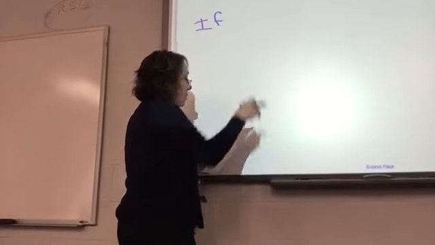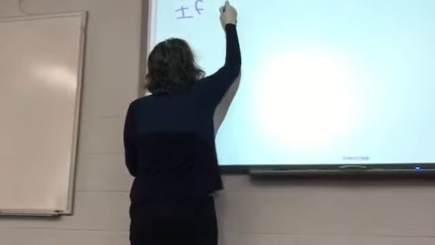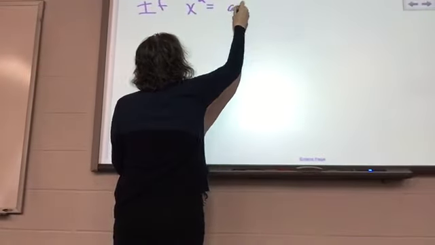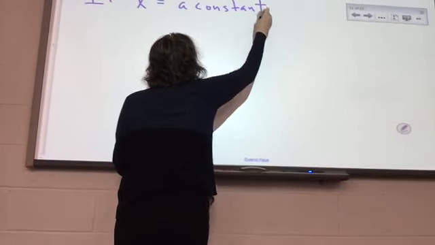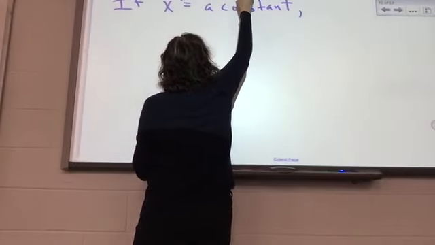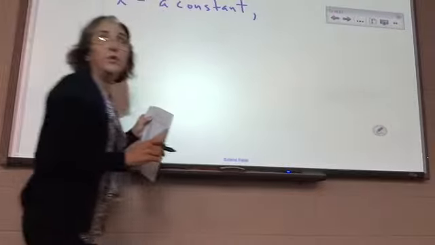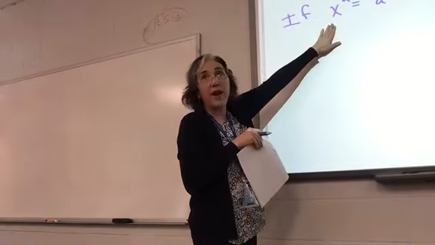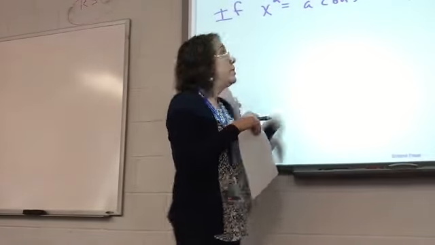If x squared is equal to a constant, just meaning a number, let's just clarify that to make sure there's no confusion. Okay, so if we have a squared variable equals a number, then what is true